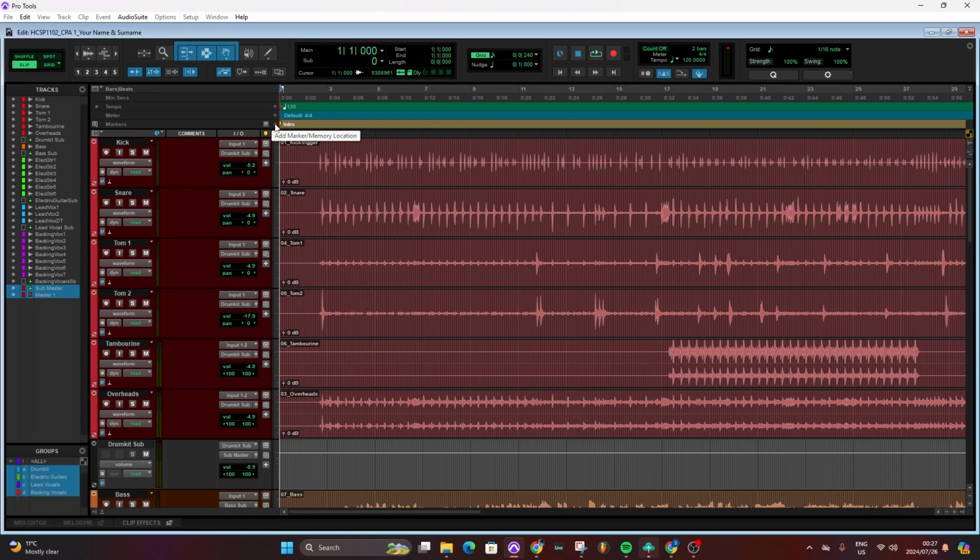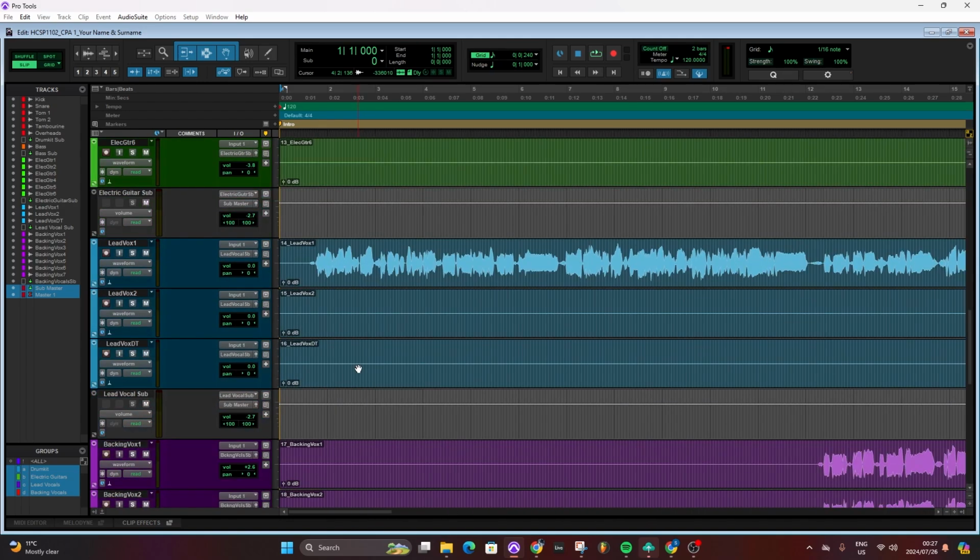Now, another way you can add a marker is, which is fascinating, it's what I really love about Pro Tools, is that I can listen to the track. While I listen to the track, then I press enter on my numeric keyboard, right? So let me show you. So I'm going to play the track, and then I'm going to press enter when I hear, because now I've got the intro. So I want to hear where the verse starts. So let's